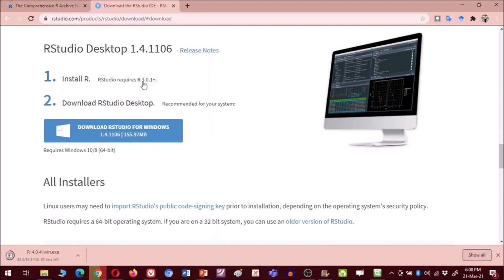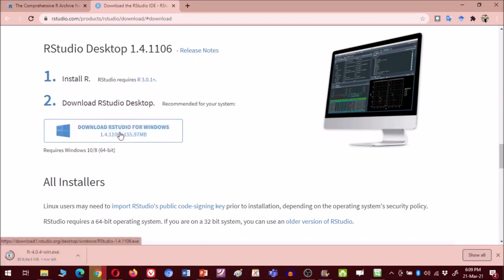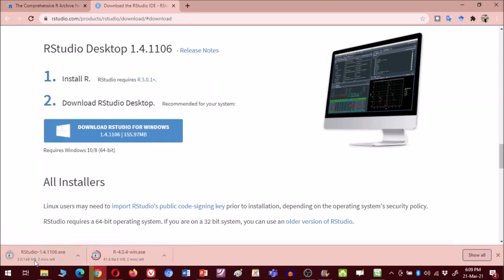You should have at least R 3.0.1 or higher. Since we are installing R 4.0.4, we are fine. So click on download RStudio for Windows. It will start downloading. It is a 150 MB file, so it will take some time to download.